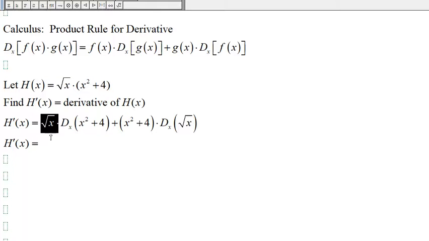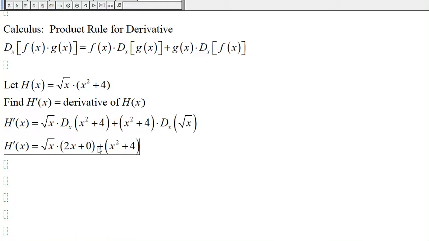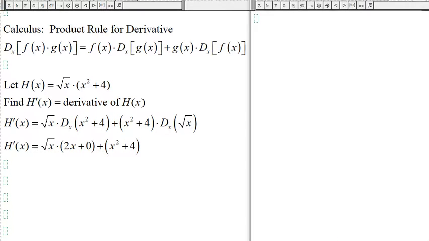And so here we get the square root of x. There's derivative of x squared, which is 2x. And then derivative of the constant 4 is 0. And then we get plus this. And then the derivative of the square root of x